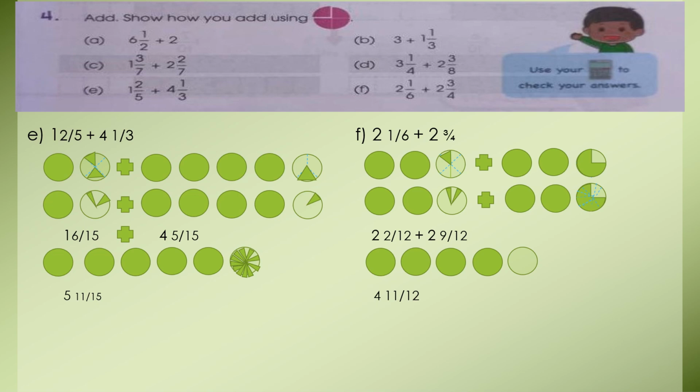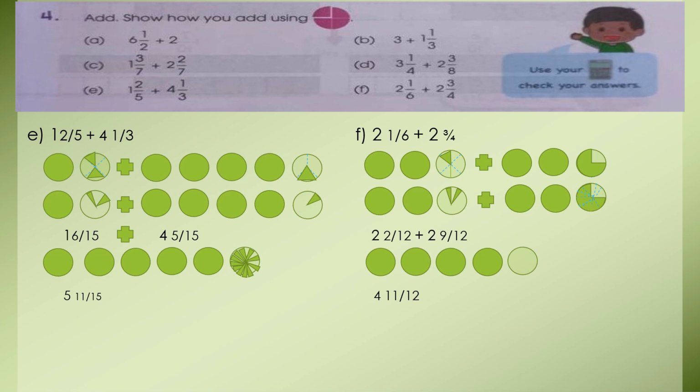2 whole number means 2 complete circles, and 1 over 6 means 1 part out of the 6 parts, and then we have 2 complete circles and 3 parts out of the 4 parts. Here we have to make the denominator the same, so if we multiply and divide 1 over 6 by 2, it makes 2 over 12, and for the second case, if we multiply and divide it by 3, it